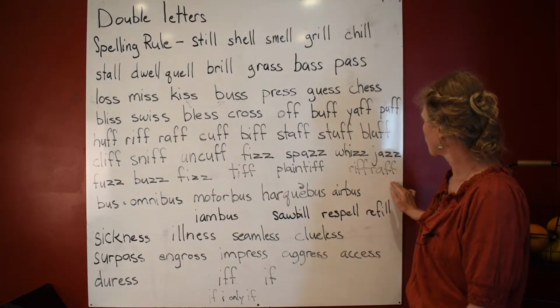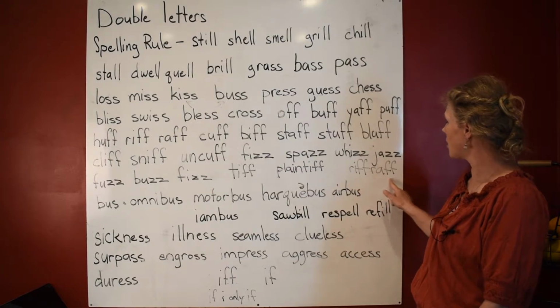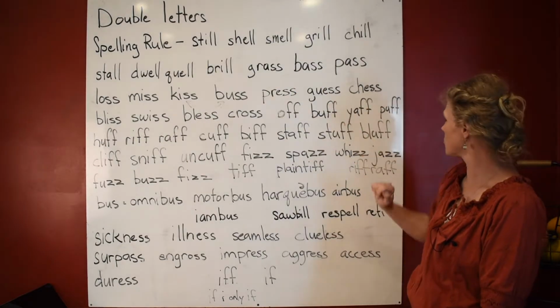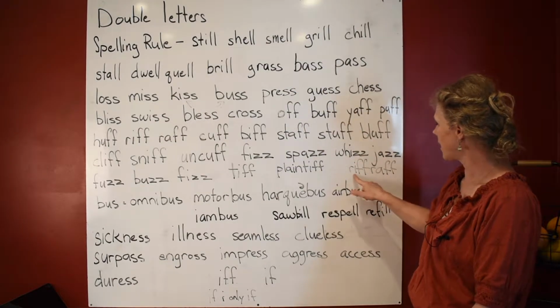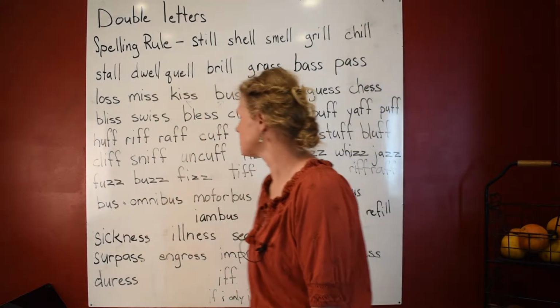Okay, so riff raff. This is also a compound word that is following this spelling rule. You double it if it has one vowel, okay? So this is kind of fun. Bus. Now we have,